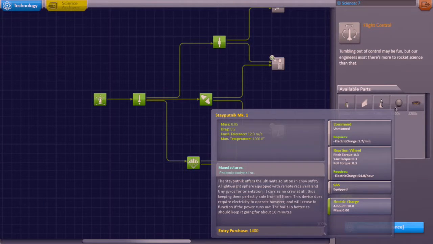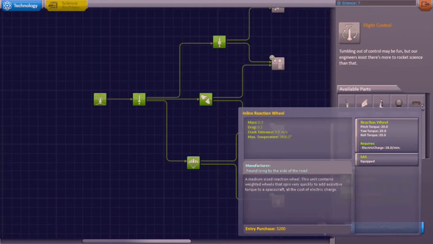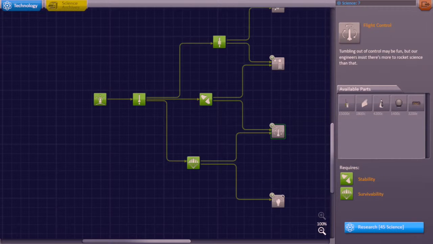It's got a probe so I can do unmanned missions, and it's got this, which is going to, when I turn the SAS on, if it tilts to the side, apparently it contains a weighted ball or wheel, as you can see in the description. But what it does is it apparently rolls around and it'll help balance your ship out. And finally here,